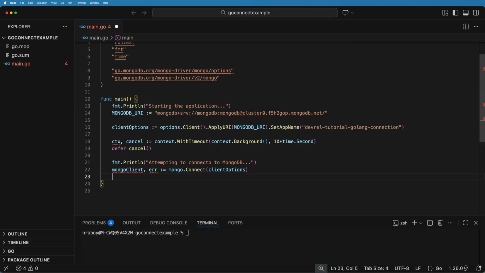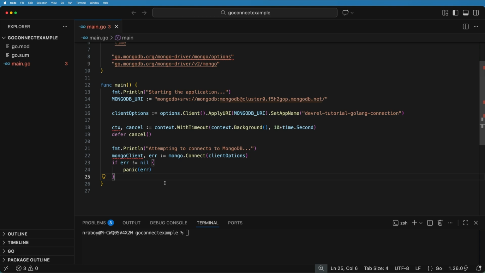Any number of reasons could make it fail right here, and we just want to be able to catch it so that way we can make that fix. So what we can say is if the error is not nil, that means there was some kind of error that was returned, we can just do a panic and show that error. Otherwise, we can move on and we can actually check to see if that connection was successful by doing a ping against our cluster. But before we do that, we do want to add some cleanup code through the means